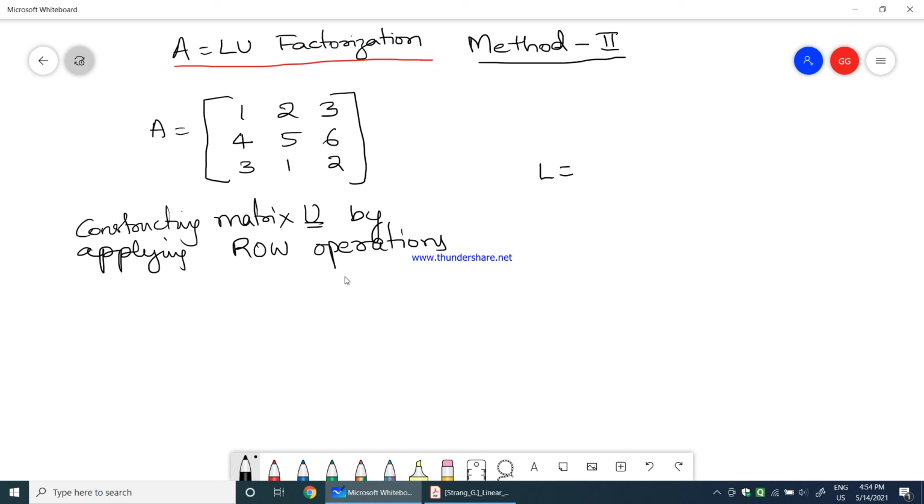While doing row operations, we will have some equations. With those equations, we will try to construct the lower triangular matrix. So please listen step by step to what I do in this video. First of all, I know the lower triangular matrix will always have diagonal elements equal to 1 and all elements above the diagonal equal to 0. Now my job is to find these three elements. I will call them A, B, C. I need to know what A, B and C are.